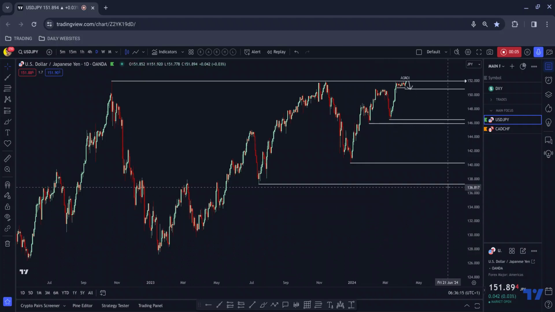So this morning I have two pairs on watch and those are dollar yen and CAD Swiss. So I've got quite a bit of time to break down these two pairs. So I'm going to start off with my favorite of the bunch, which is dollar yen, and we start off